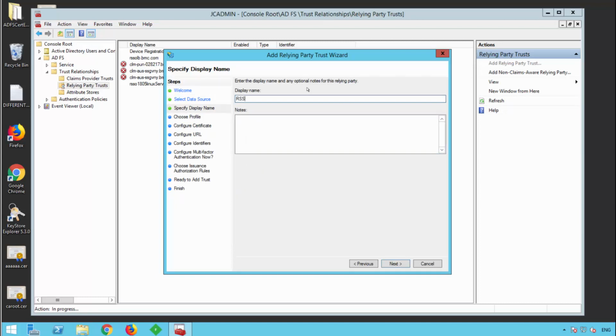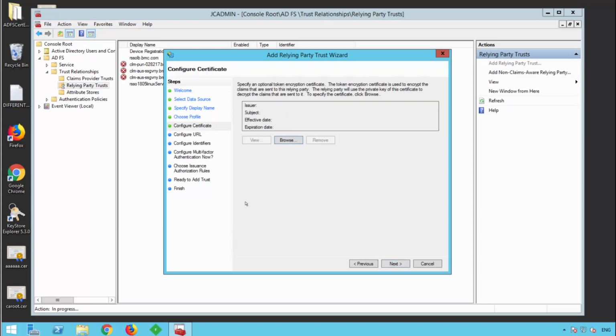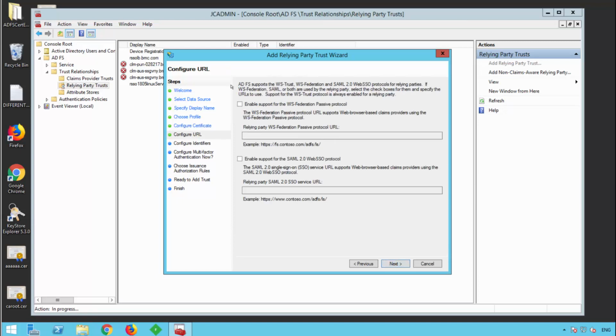I will just call it RSSO ADFS. And you could put a note there if you wish. After doing that, we'll hit Next. And we'll leave this at default ADFS profile. We won't specify a certificate for token encryption here. We hit Next. In this instance, we're not going to be using WS-Trust, so we'll leave all this blank